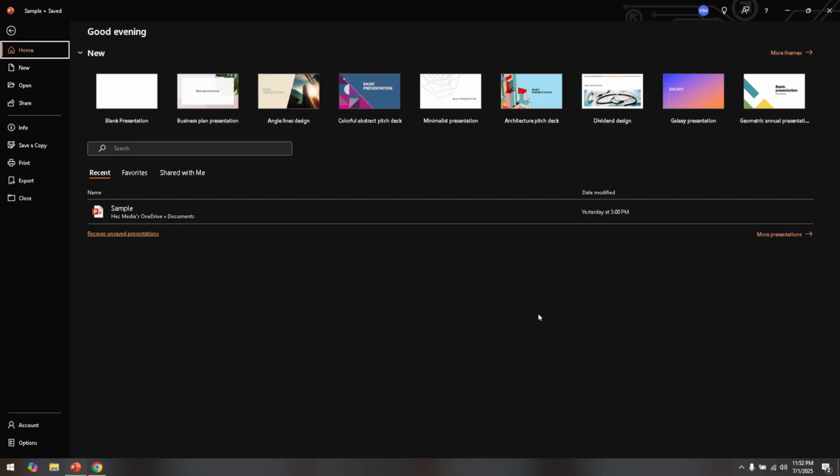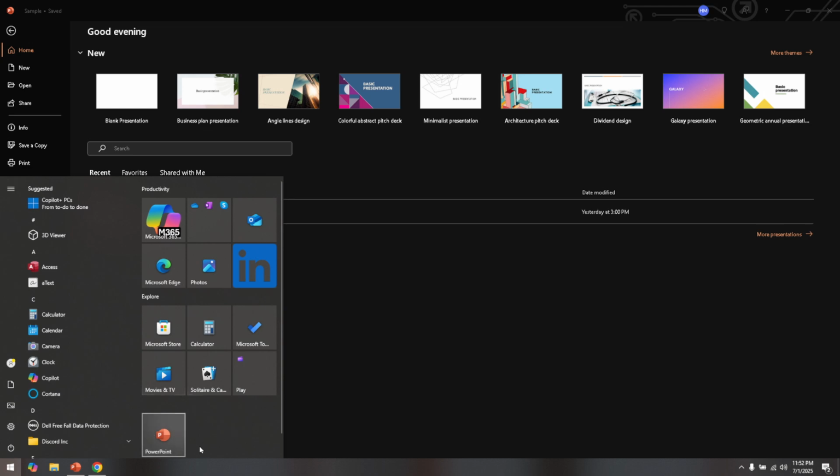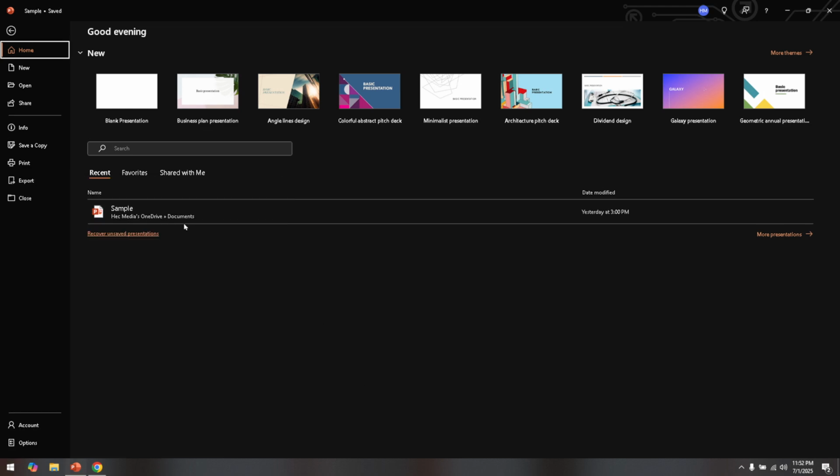Now let's get started. First things first, you'll want to open PowerPoint on your computer. This is where all the action begins, so make sure you are ready with your software up and running. Once PowerPoint is open, navigate to the presentation that you're working on. If you haven't already created one, you can either start fresh or open an existing file that you'd like to